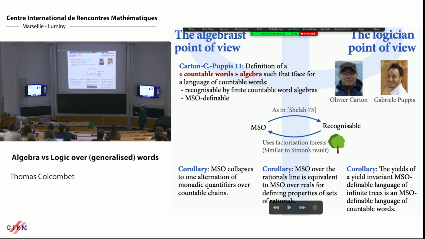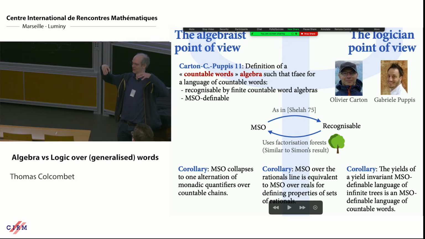The second was a question that was raised by Gurevich and Rabinovich. You have a property over a set of rational numbers that you express. So you have a set of rational numbers, and you have a monadic second order formula that expresses a property over it. But this formula can even talk about the reals, so about the Dedekind cuts that could be there. Can you express the same properties? And the answer is yes. But as you know, the real line has an undecidable monadic second order theory. So the answer is yes, but it's absolutely not effective.